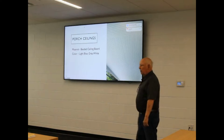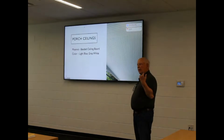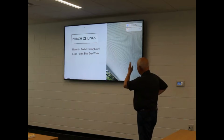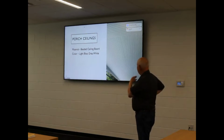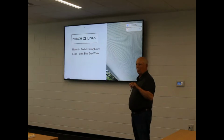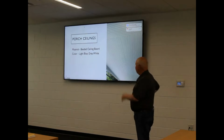end. Materials. Most Victorian era porches, for their ceilings, they had what was called a beaded ceiling board. It's a tongue and groove. It comes in about a 4-inch piece. There's 2 grooves for each board there. But that was fairly typical for Victorian era porches or large porches. It was a fairly inexpensive material. It covered a lot of space. We also called it wainscoting at the time, use it for wainscoting, but it's really a